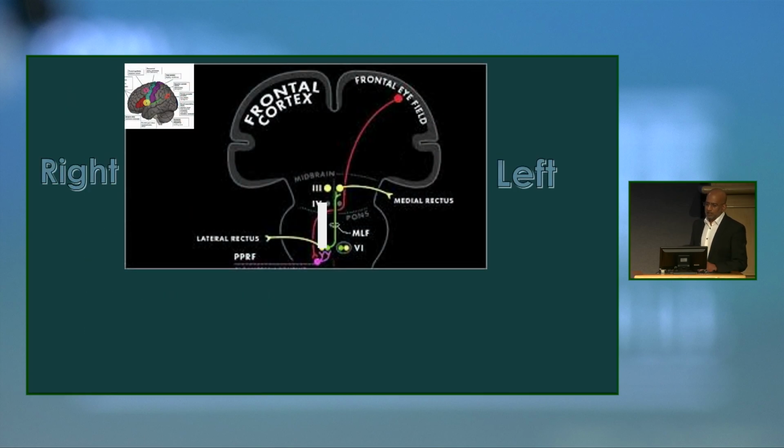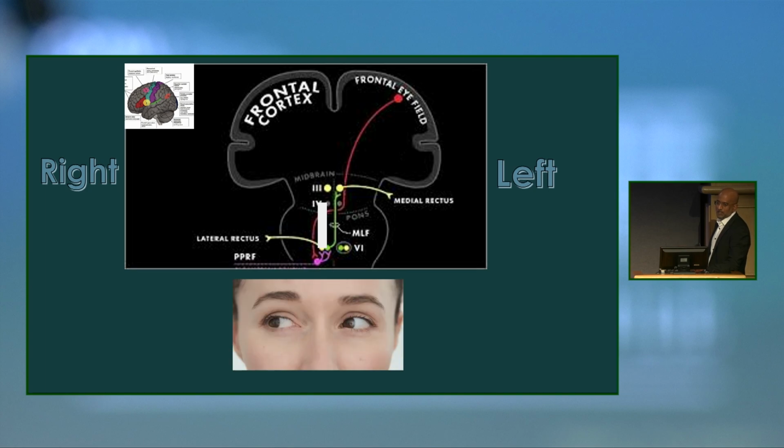And one of the key, important things that we should consider is the frontal eye field, which I had alluded to previously. This frontal eye field sends a message to the opposite pons to tell your lateral rectus on the right, so the right lateral rectus, and your left medial rectus to move both eyes to the right side. Anatomy 101. And that's, press that button, and both eyes move to the right.